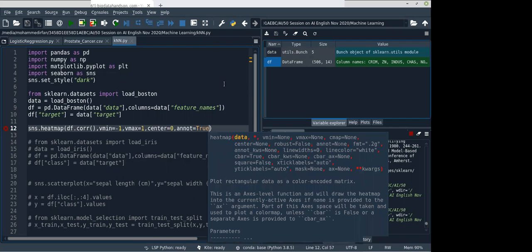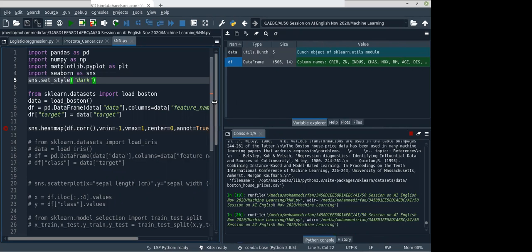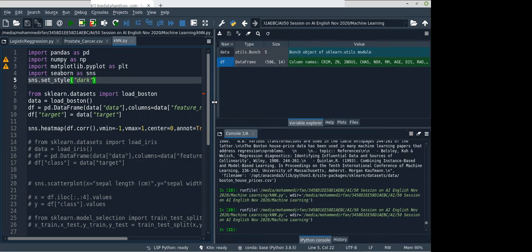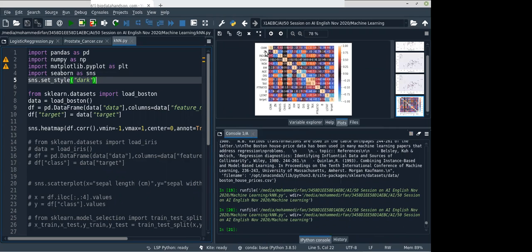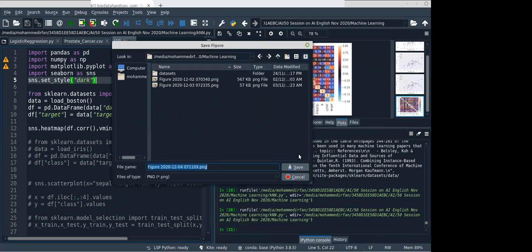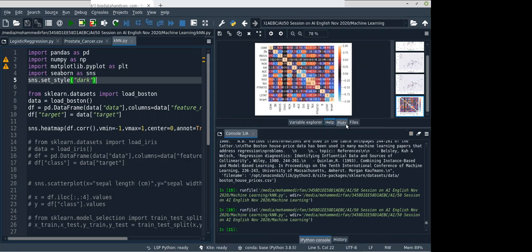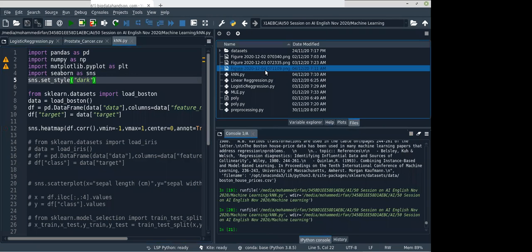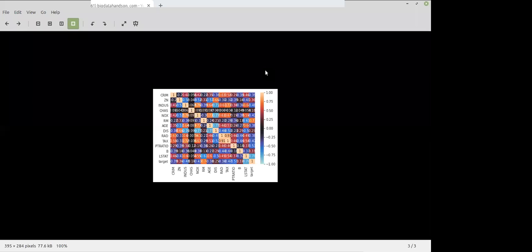So it will take some time to create the plot. Yeah, it's created. This is the plot. So we can't visualize that, so we'll save it and we'll open. So this is the correlation. Actually, okay, it's too small.